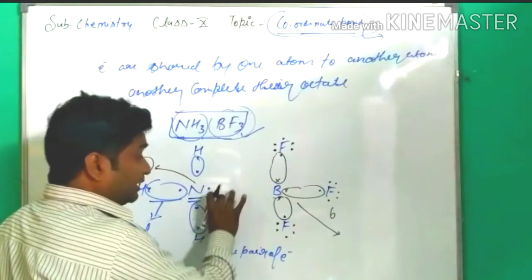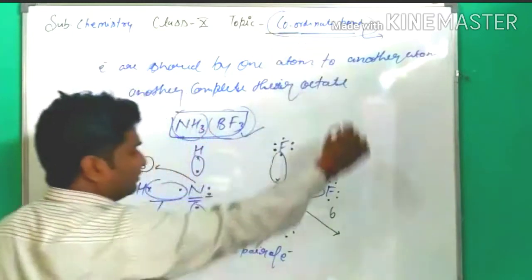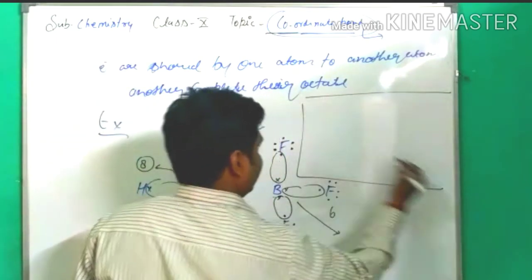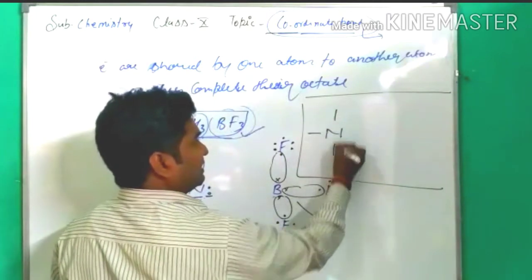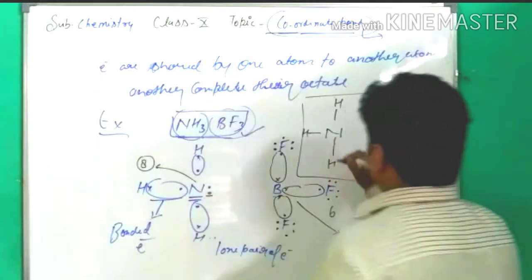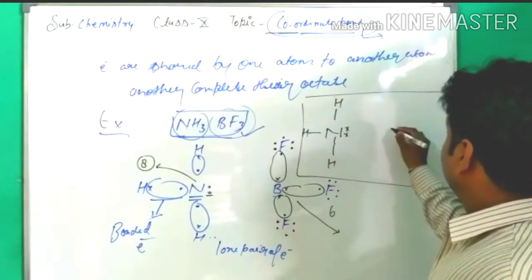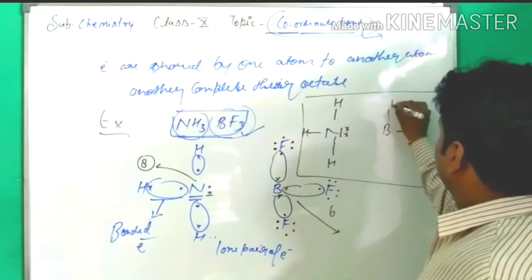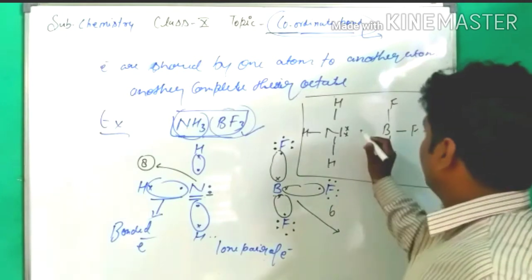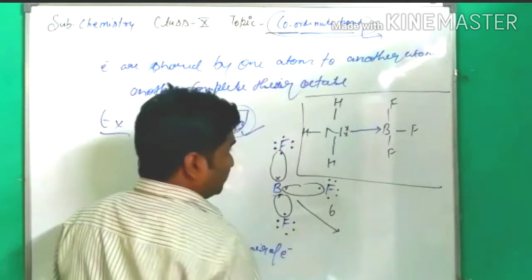So nitrogen can form the special coordinate bond between nitrogen and boron. Now we can draw here like nitrogen. In this case, 3 hydrogens are bonded with covalent bonds to nitrogen, and nitrogen has 1 lone pair of electrons here, and boron has 6 electrons as the central atom. So nitrogen forms the coordinate bond between the boron and nitrogen. Okay.